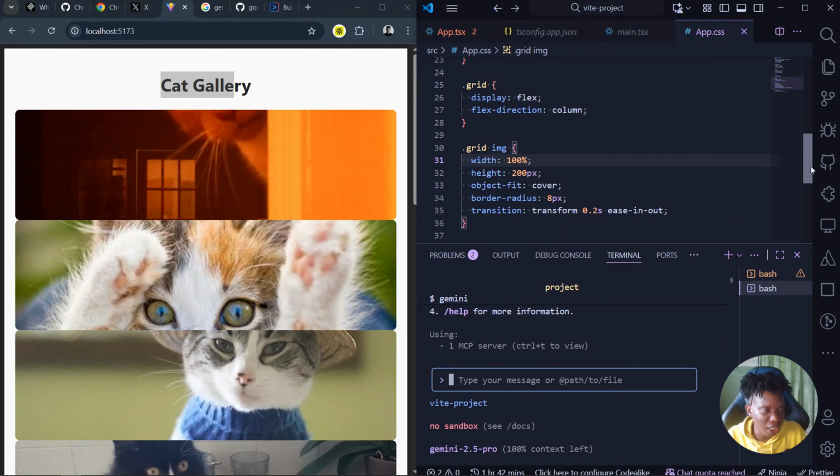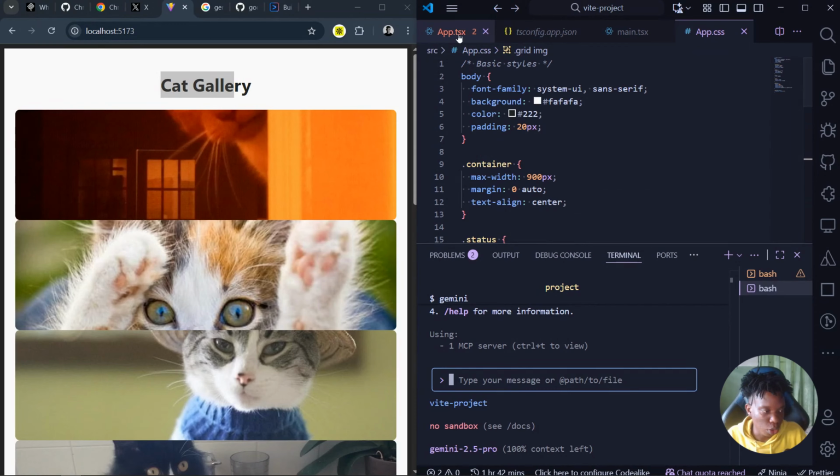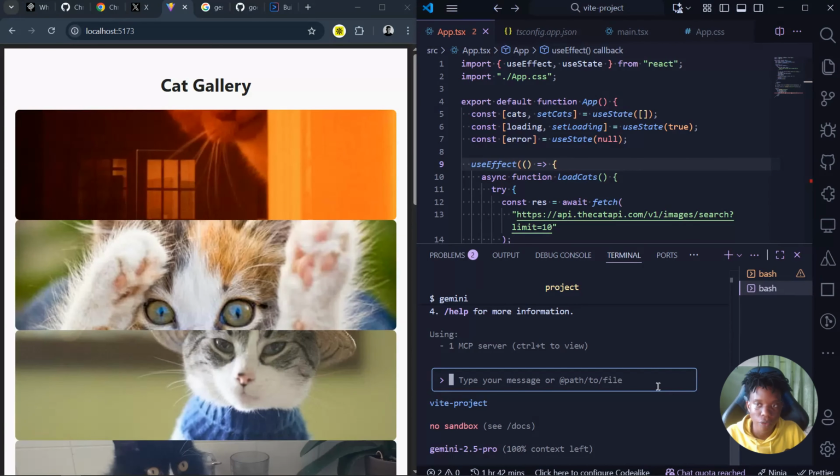Then for our styling, we're just going with vanilla CSS, pure CSS, to style this, and we can see how this actually looks. So this is looking wrong. We broke this on purpose just to see how the MCP is going to help us solve this in real time. Now, for the coding agent I'll be using in this video, I'll be making use of the Gemini CLI. All right. Now, the MCP is provided